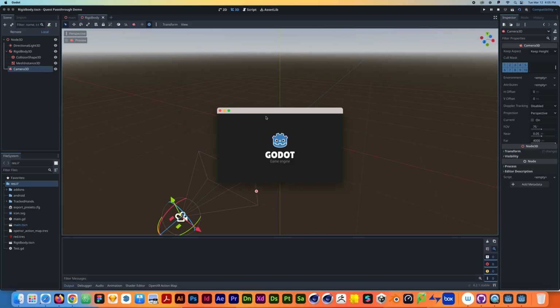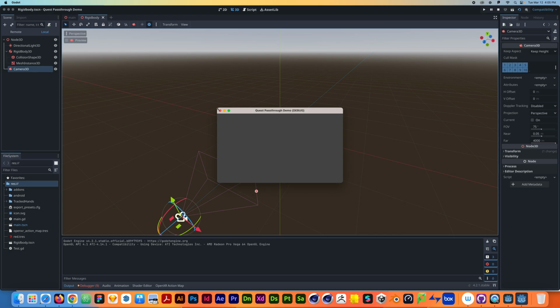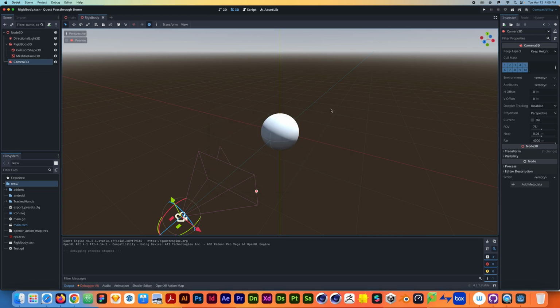Yeah, that's fine. There it goes, it falls down. So yeah, rigid bodies just kind of obey physics, and if you give them impulses,